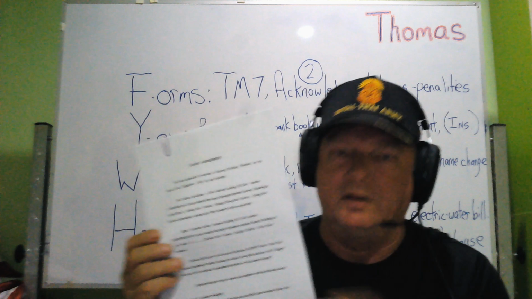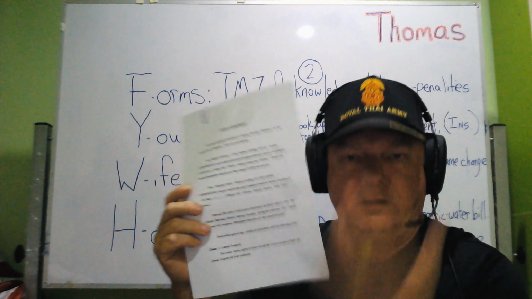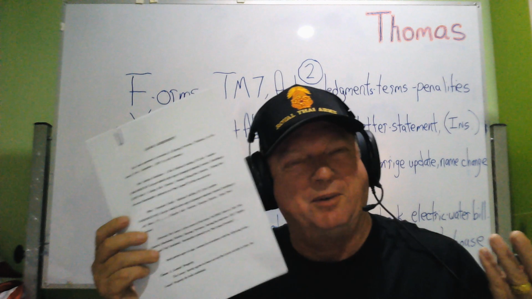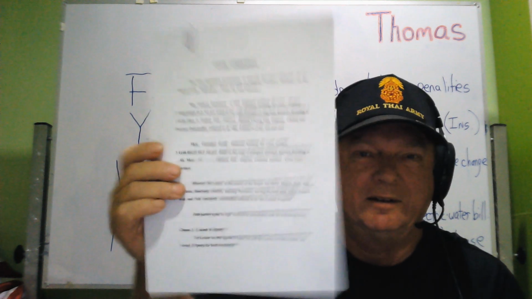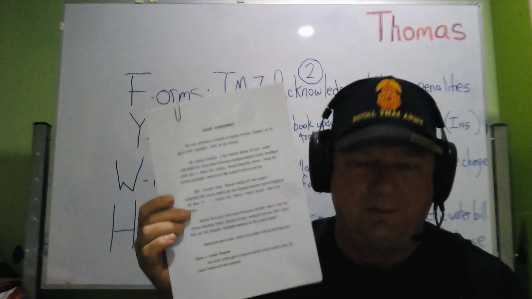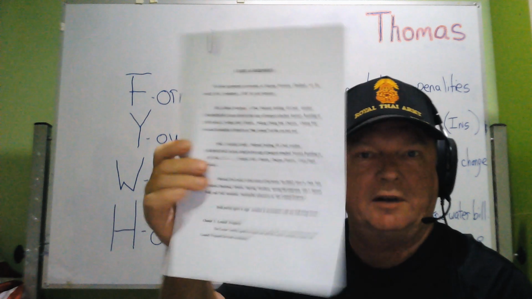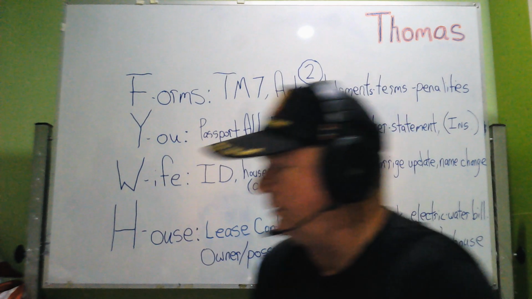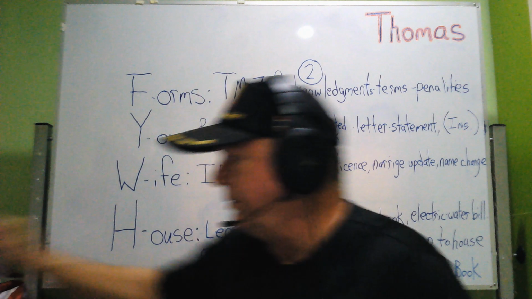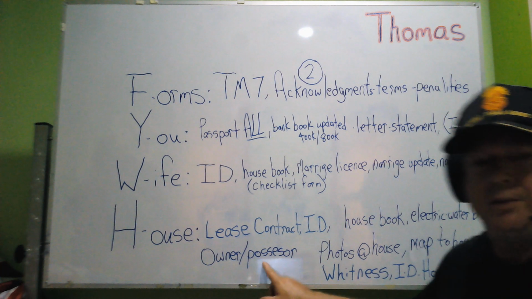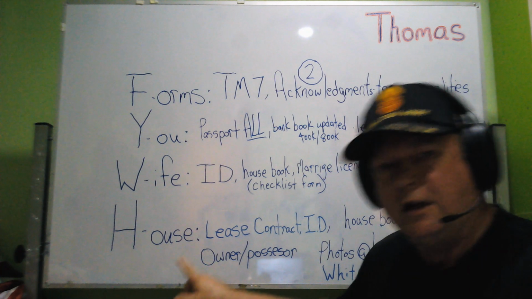Then she becomes the master of the house, and you don't have a lease agreement with her because she owns the property, right? So this applies to those of us that are leasing property and not owning property. If you own the property, you can skip this step because you don't have a lease agreement, right? But you will go to the next step, which is the homeowner or possessor, which is key because sometimes the